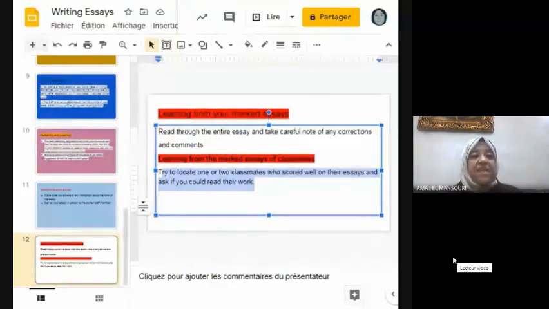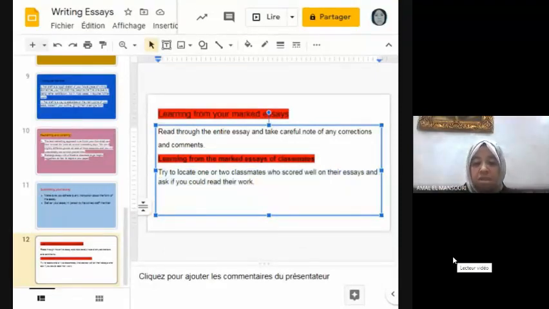You can ask them to give you their writing material so that you can learn from their styles, from their ideas, and how they manage to write good paragraphs or good writing assignments.